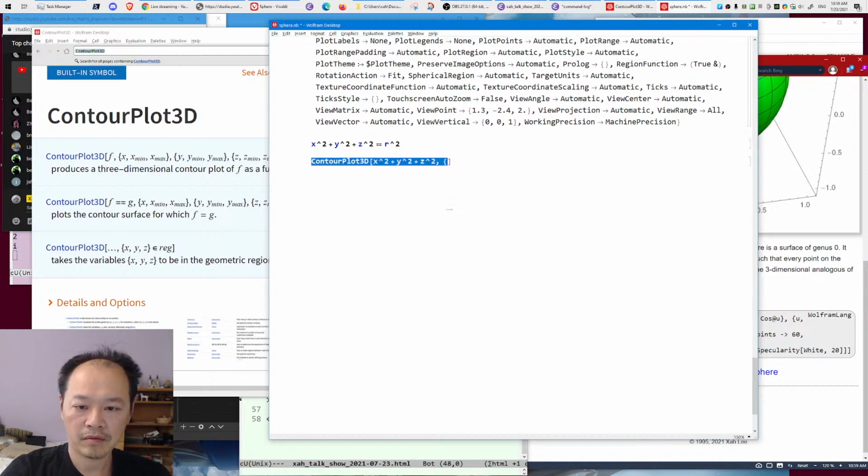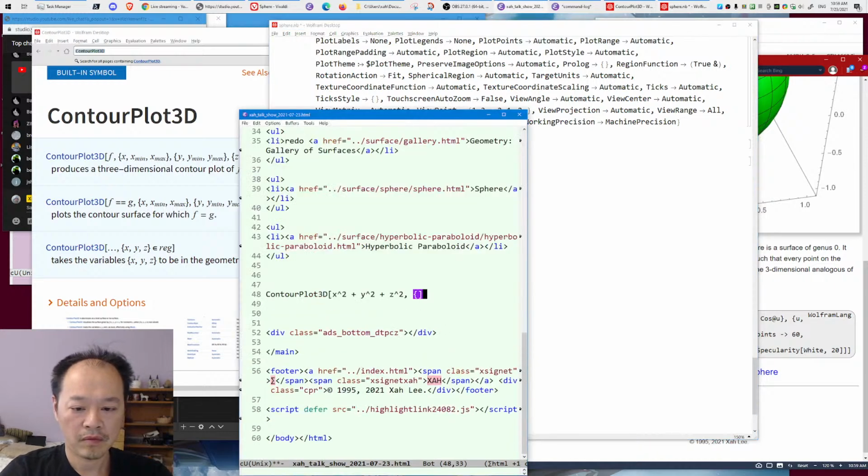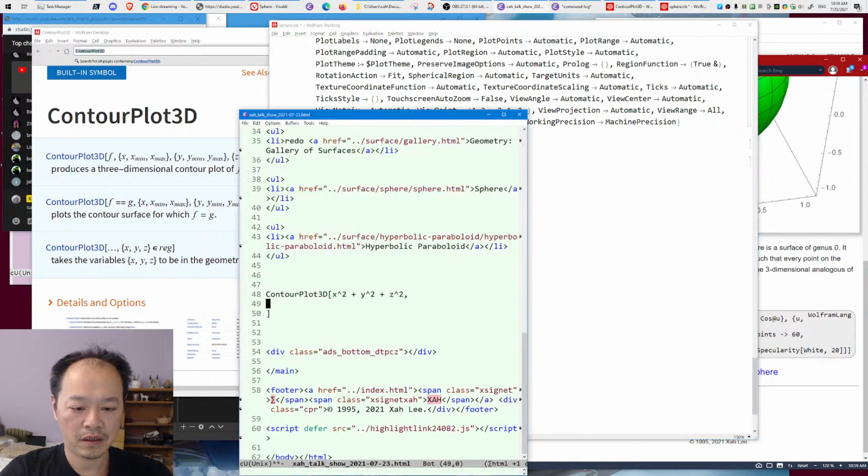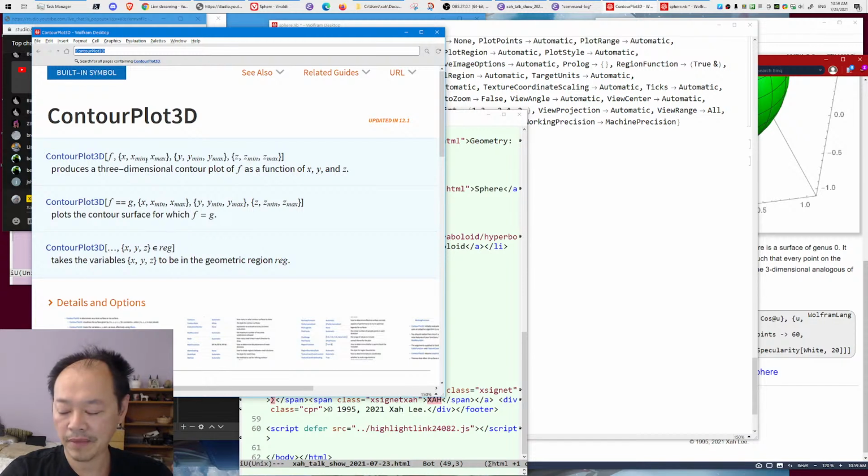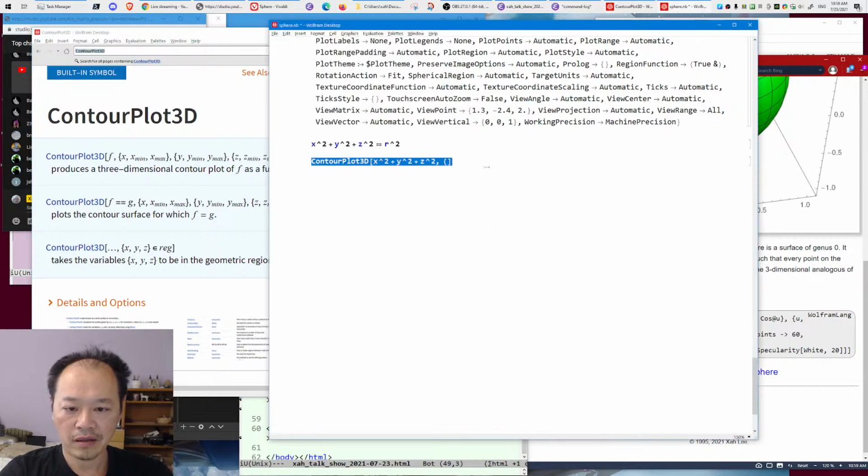Much better in Emacs Lisp. So x from x min to x max. So we have an equation of 3 variables, or a function of 3 variables, you want to